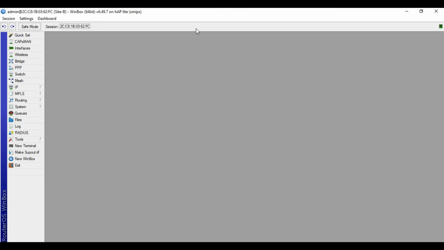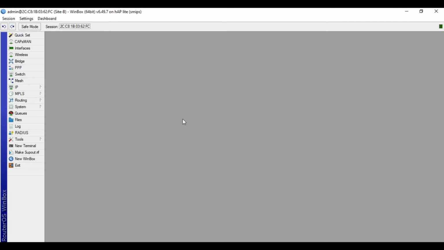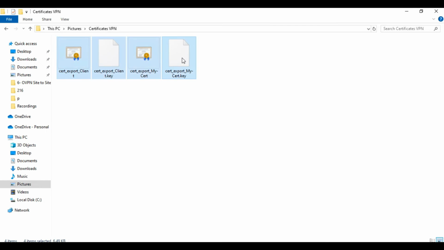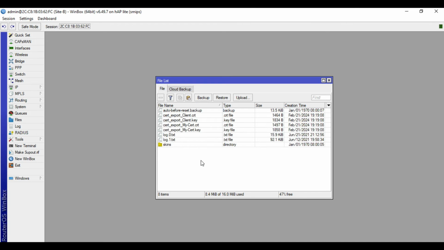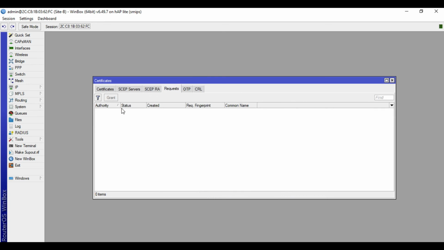We are now here in the Site B MikroTik. We will import these certificates here in this device. So to do that, go to Files, then drag and drop the certificates. After that, go next to System, then Certificates.